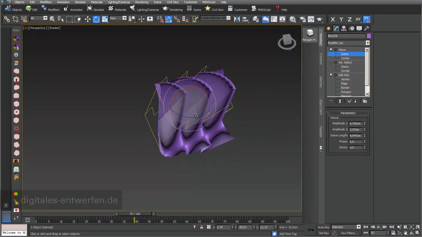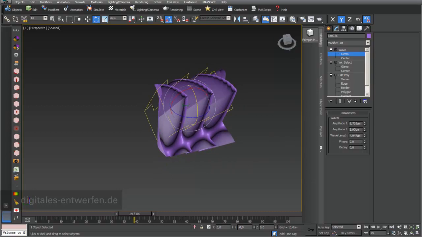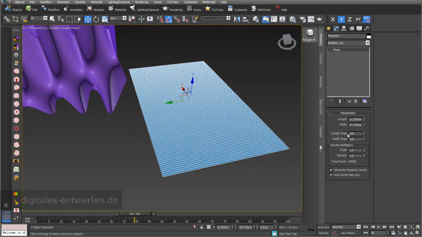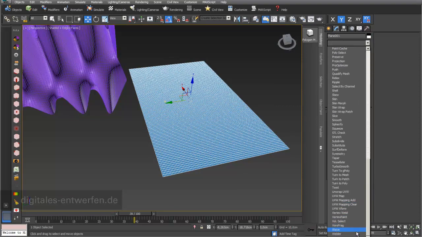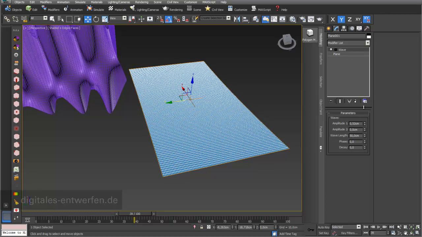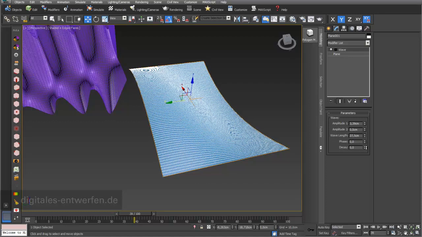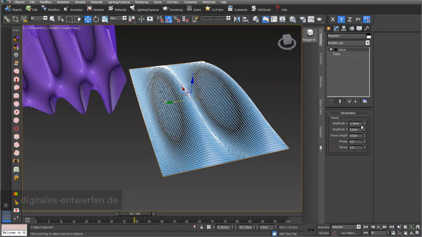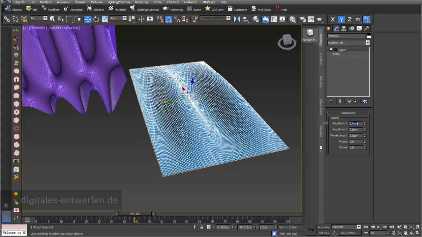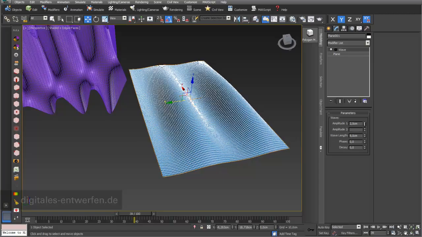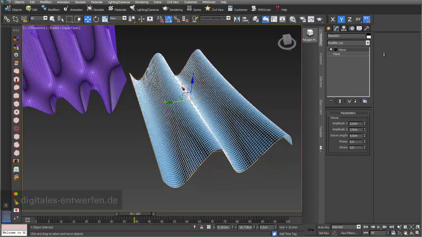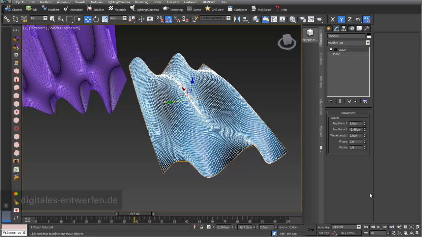And you can obviously also just produce really simple wave structures for 3D environments. I quickly do a plane with length and width segments of 100, and if I now add my wave modifier, then you can change the first amplitude, and I obviously also have to change the length of the wave. And if I just change it, you can see that it has a really big impact because my plane was also quite small. I can change the second amplitude, and you can produce really nice wave structures with these